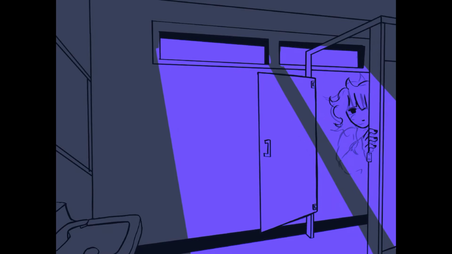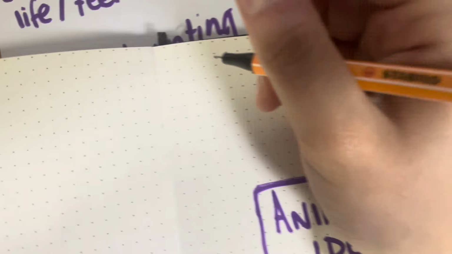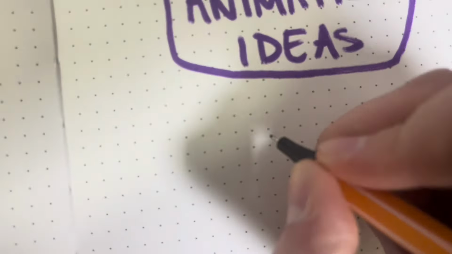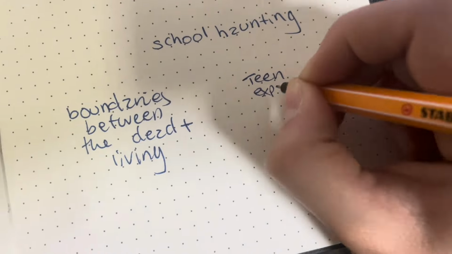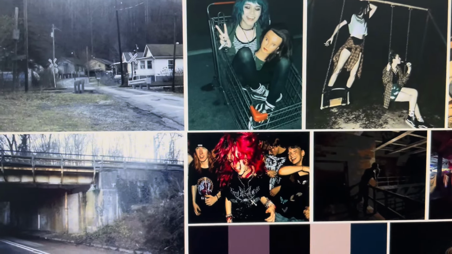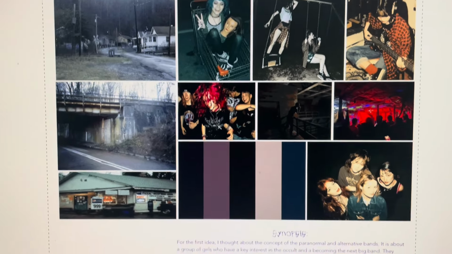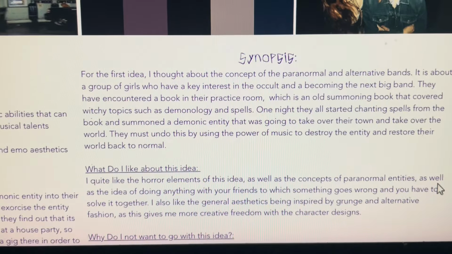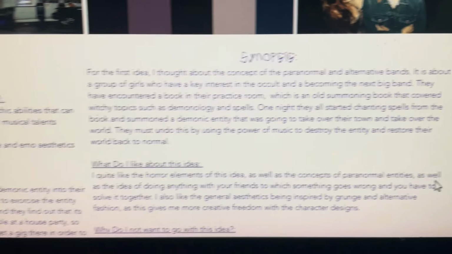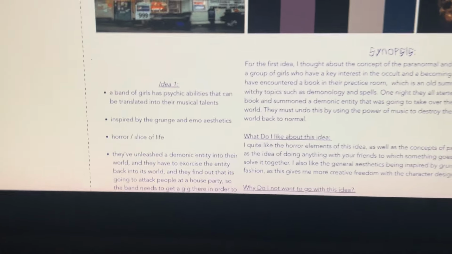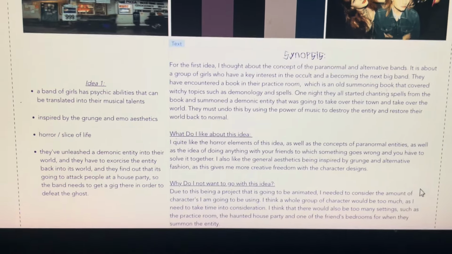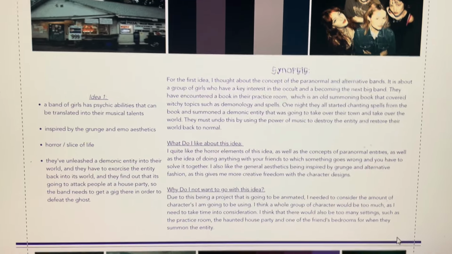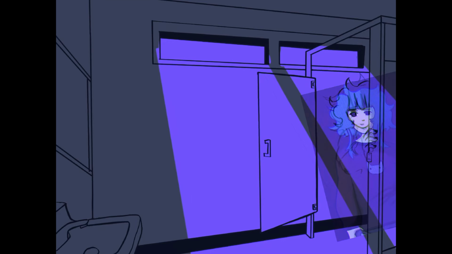With that in mind, I could finally move on to the idea generation. As any genius would do, I began to mood board and mind map potential ideas that I could work with. I knew from my research that I wanted to have themes of the paranormal and devoted attachment. The first idea I had was that it was going to be a story revolving around a group of characters that were in an alternative band, and they used their musical talents to extinguish ghosts and supernatural entities from their world. I really liked this idea, as I thought about how this could reach out towards a younger target audience of teenagers, as the story could be relatable to them, while also dreaming of one day making it big in the creative and music industry.